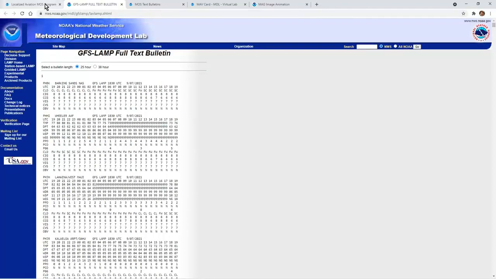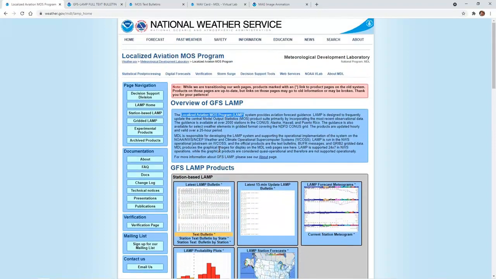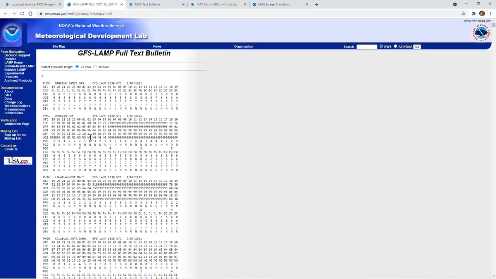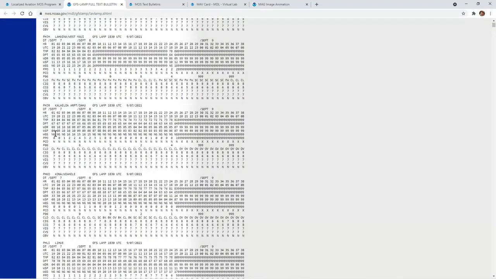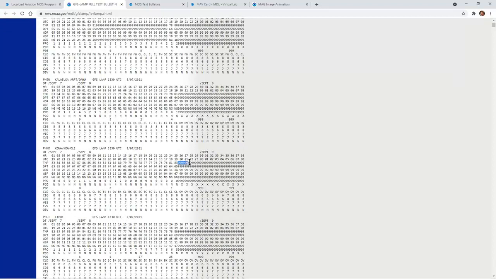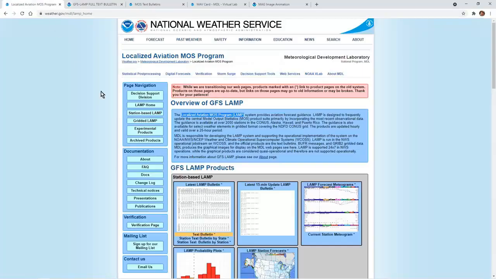But the nice thing about the Localized Aviation MOS program is that it's run every single hour. And it produces a forecast, as you see here, out to 25 hours in the future. Or you can look at the 38-hour bulletin here, which goes out further, but you're going to notice that it's not going to provide all the fields that are possible, all the elements in some cases. So in certain situations you'll see lots and lots of 9s here, which typically means that they don't forecast out that far for the LAMP product. But the nice thing is it does produce an hourly forecast for all the elements that we're concerned